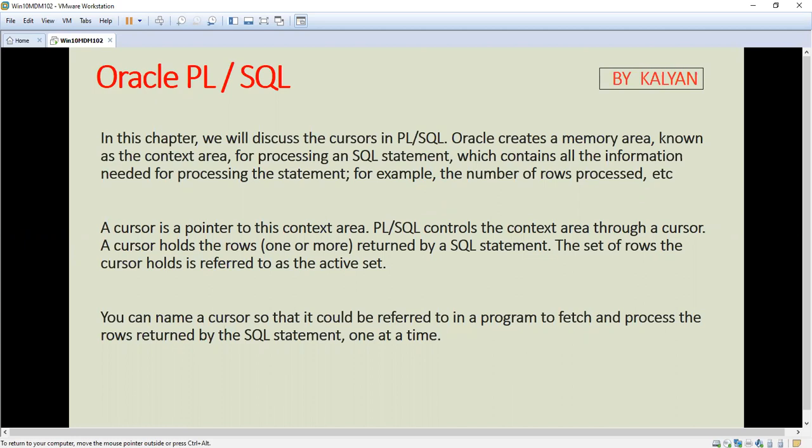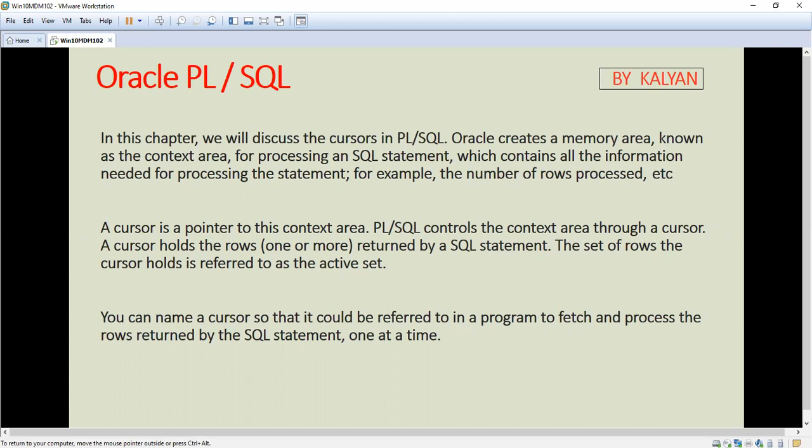First, what is a cursor? Oracle creates a memory area known as the context area for processing an SQL statement, which contains all the information needed for processing the statement. Whenever we issue any SQL statement, we get the results.